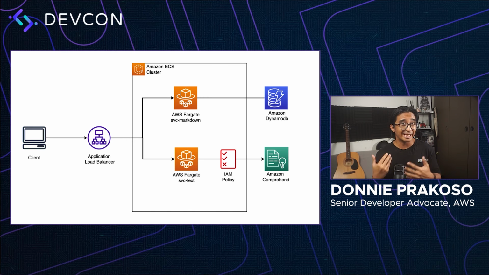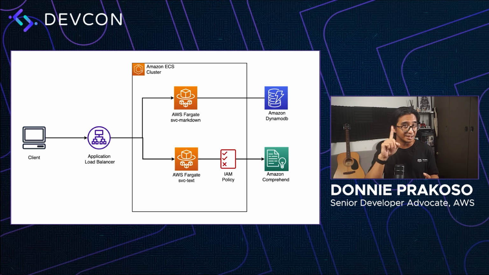And as you might guess, this is a task of machine learning, and we're going to integrate the service with Amazon Comprehend. Amazon Comprehend is a natural language processing, or NLP, service that uses machine learning to uncover valuable insights and connections in text. This will make our task a lot easier as we don't need to build our own machine learning model, and we can just call the API provided by Amazon Comprehend.